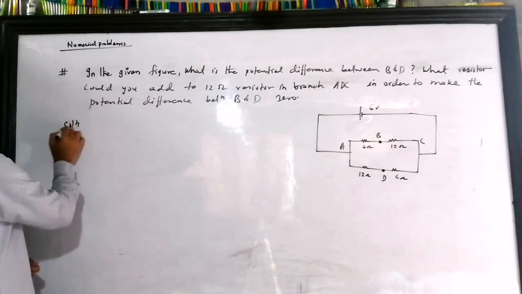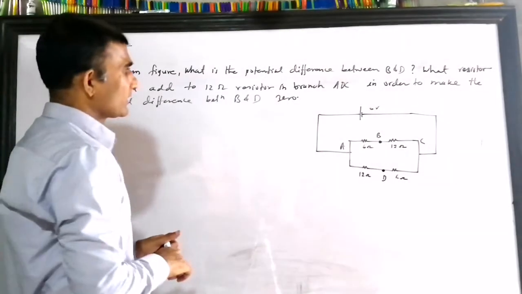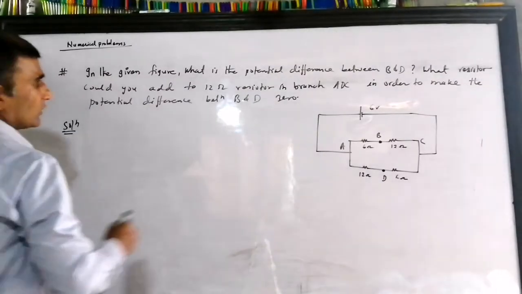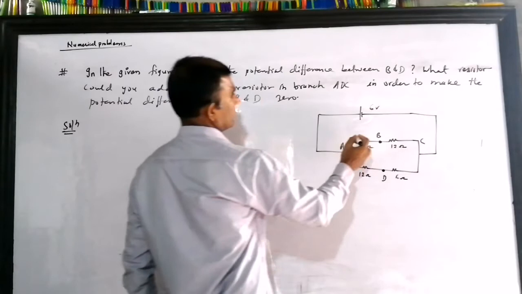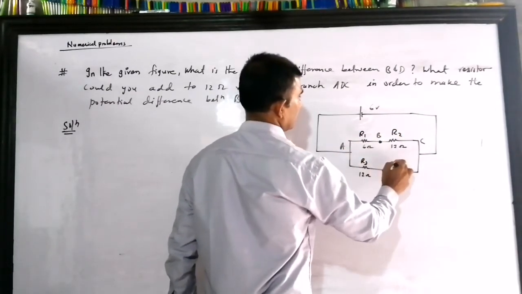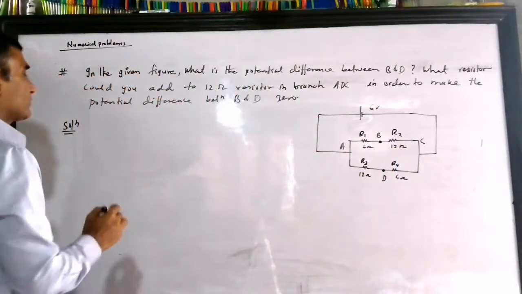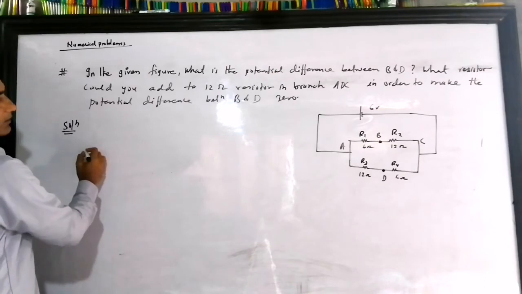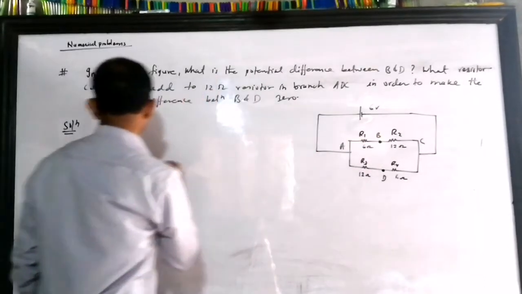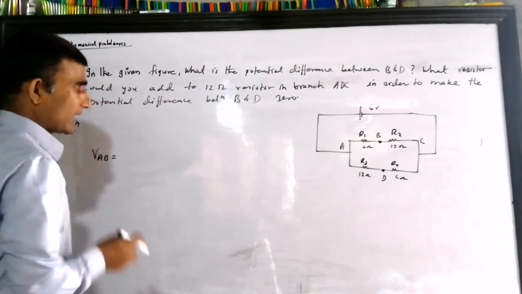The solution of this question is so easy for you because you have the great tool of the potential voltage divider. So here, to write in simple ways, let me write this R1, R2 and this R3 and R4. Your names are already given. So tell me, how can you find the voltage from A to B? That's very simple. VAB can be found using the voltage divider rule.